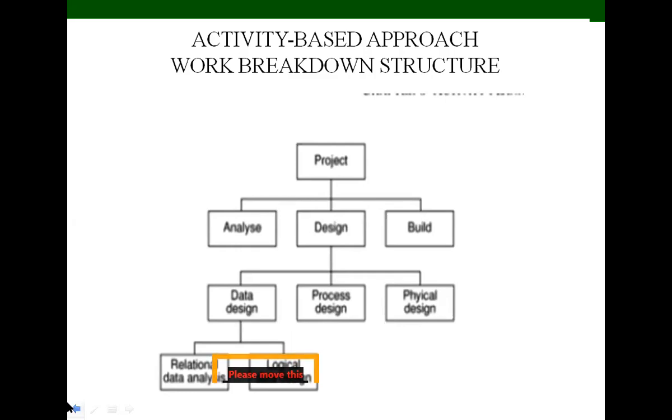This approach consists of creating a list of activities involved in the project. This requires a brainstorming session involving the whole project team for analyzing the project. When listing the activities for a large project, it is helpful to subdivide the project into a number of stages, as I already told you, and consider each of them separately. This way of generating the list, we call a work breakdown structure.